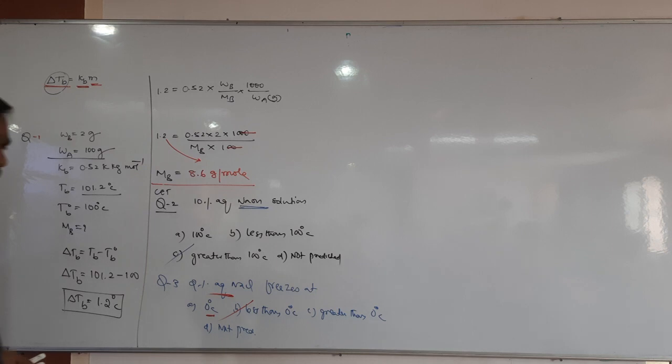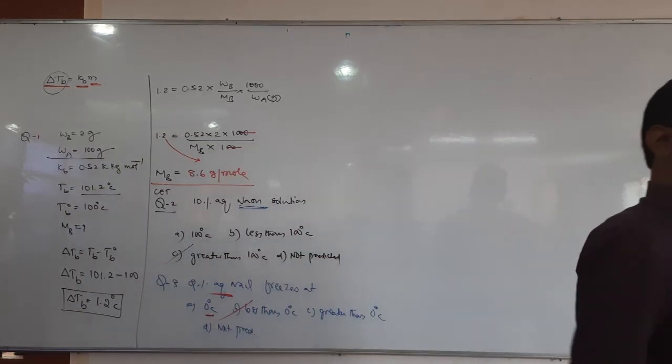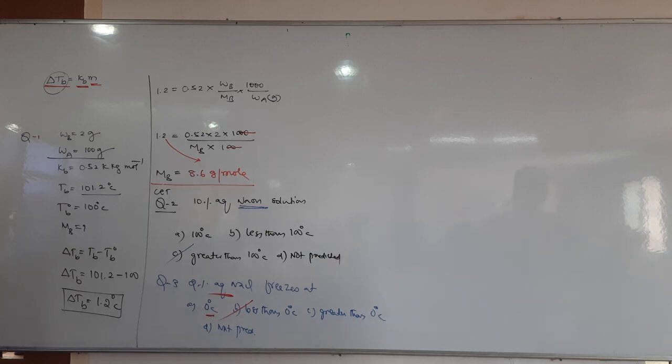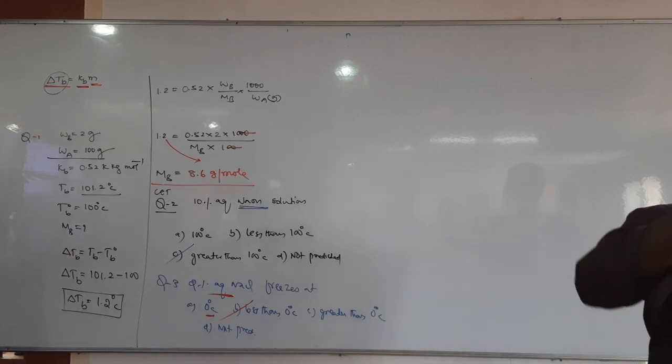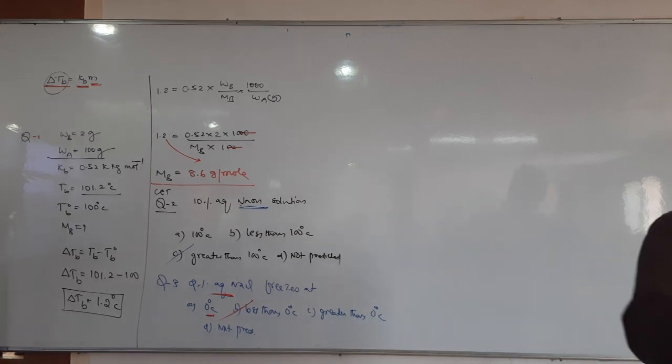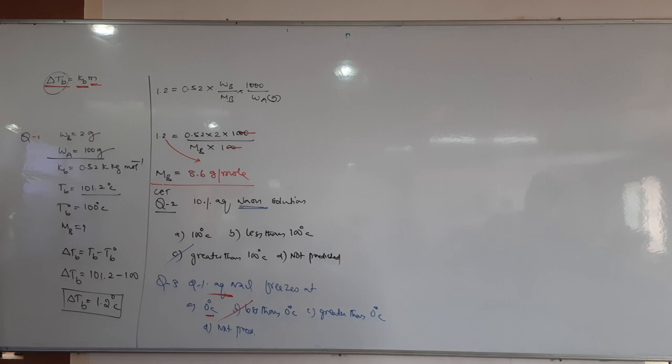Now one more question. The question is like this. Now listen first. The boiling point of ethyl alcohol is 351.3 Kelvin. Now, to this ethyl alcohol, let us add a small amount of non-volatile substance. When a non-volatile substance is added to ethyl alcohol, what happens to the boiling point, what happens to the freezing point?